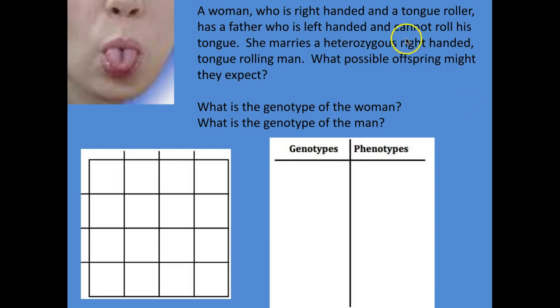All right, we're back. So it says a woman who is right-handed and a tongue roller has a father who is left-handed and cannot roll his tongue. All right, so if he can't roll his tongue, the father was... let's see what she was again. She was right-handed. He was left-handed, so that means she has to have